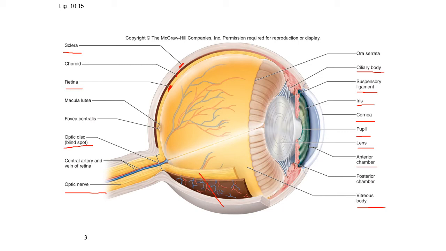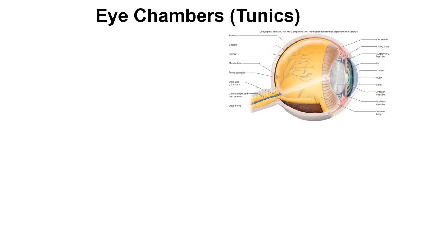So this picture, along with the labeling and the functions, is very important for your next quiz or exam. So we're going to move on to some more of the details of the eye. So this is going to show basically all those tunics or layers that we were talking about. Tunic is just a fancy word for layer. So this is just going to go through where each of the layers are located and the structures located in